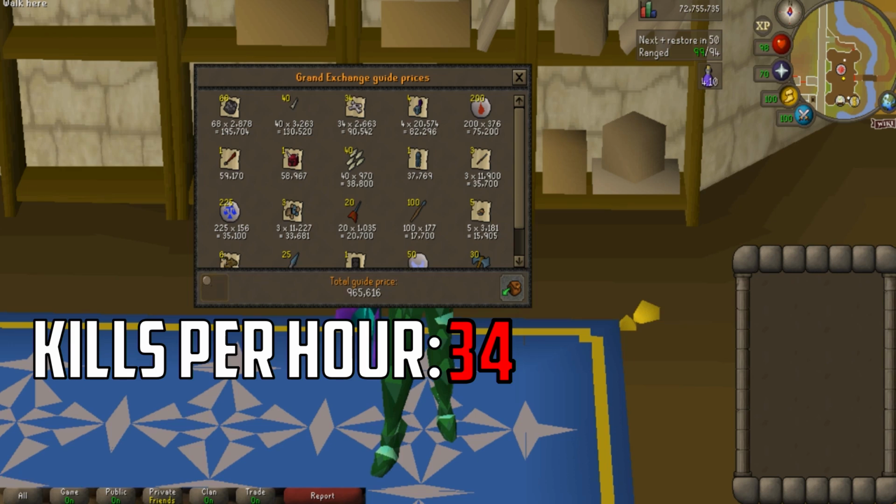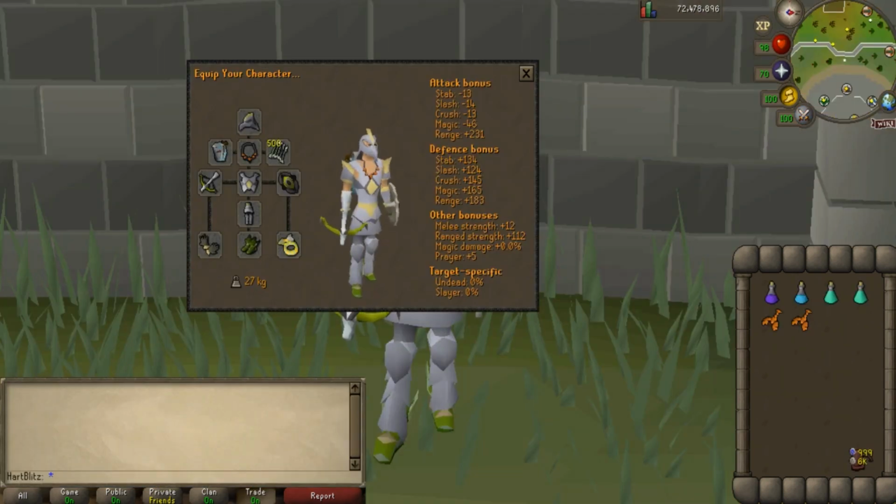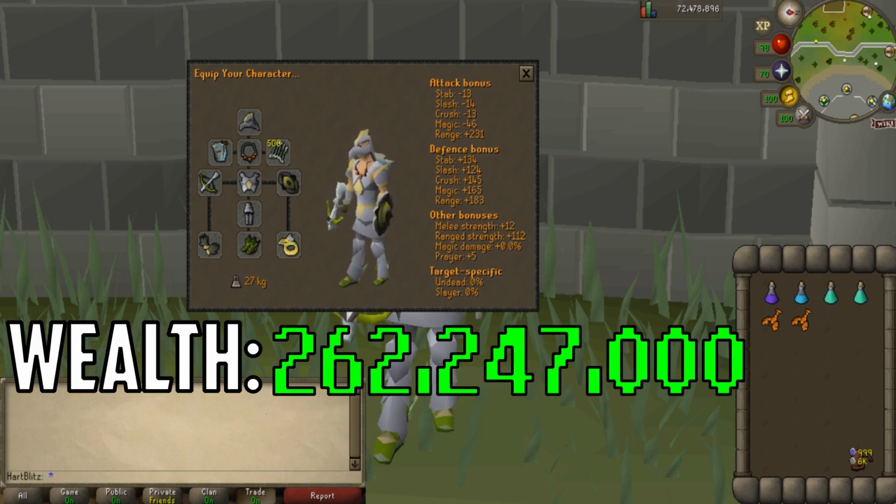Now time for the welfare setup. With the welfare setup, we have some major upgrades. We now have full Armadillo, the Dragon Hunter crossbow, which is definitely the best weapon to use at Brutal Black Dragons, other than the twisted bow of course. We also have the twisted buckler and the Pegasian boots. The rest is the same as the last setup, and the total cost of the welfare setup is